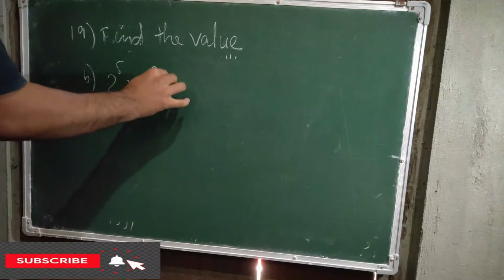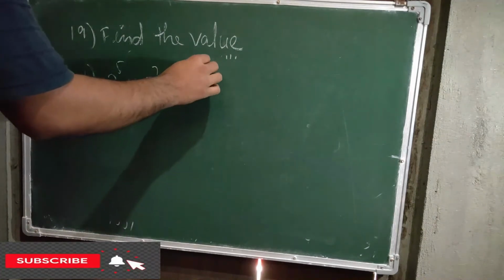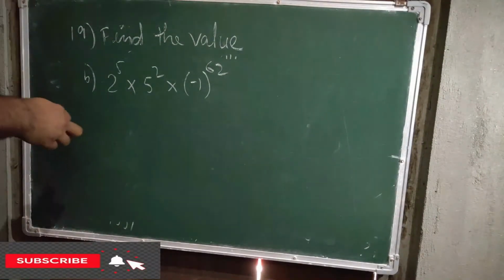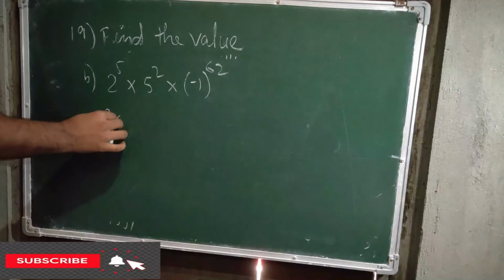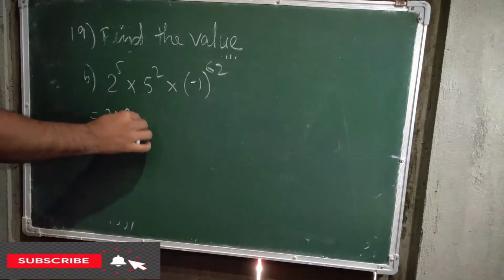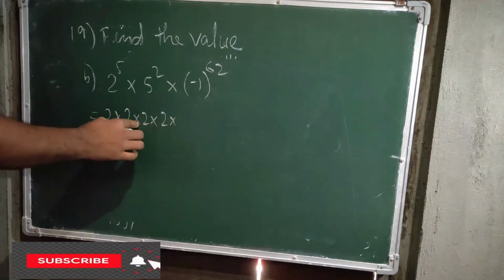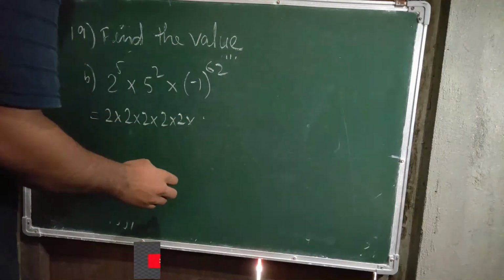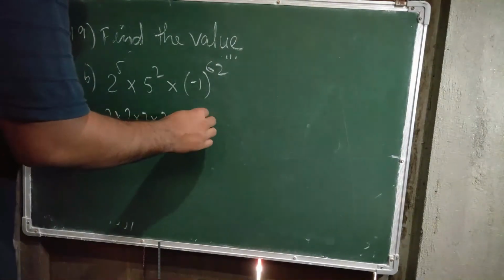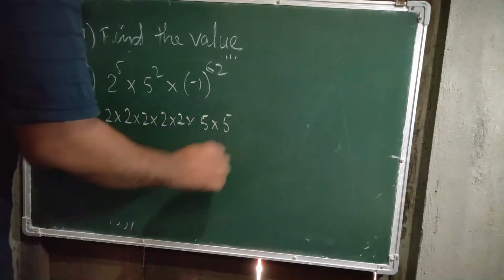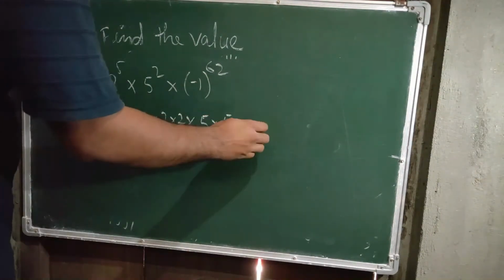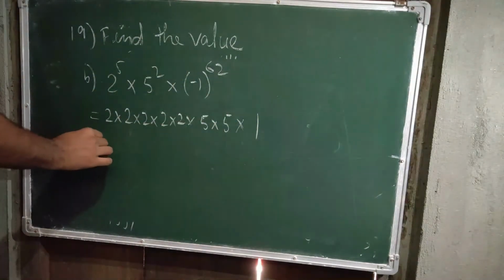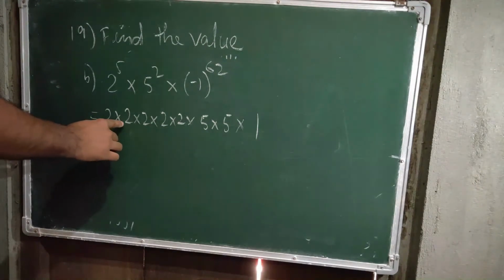5 square into 1 whole to the power 62. So 2 we have to multiply 5 times: 1 2 3 4 5, and 5 we have to multiply 2 times. Again this one will be 1. This minus 1 to the power 62 will be what? Ultimately 1. So when you multiply 2 2 2 2 2,